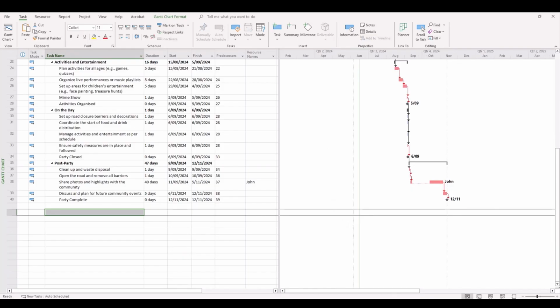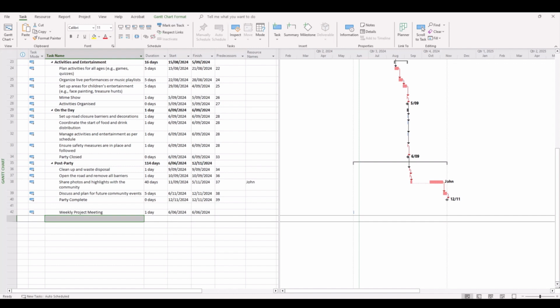Now, the other useful tool that we can use to manage and somewhat modify our projects is to also include recurring tasks. Oftentimes you'll have board meetings or other internal meetings, for example, that take time of the project and should be captured in many cases in terms of our time required by contractors or the resources we choose to use in the project. So how do we go about highlighting or creating a recurring task, and how is this shown in Microsoft Project? So you'll notice that I've put on here weekly project meeting.